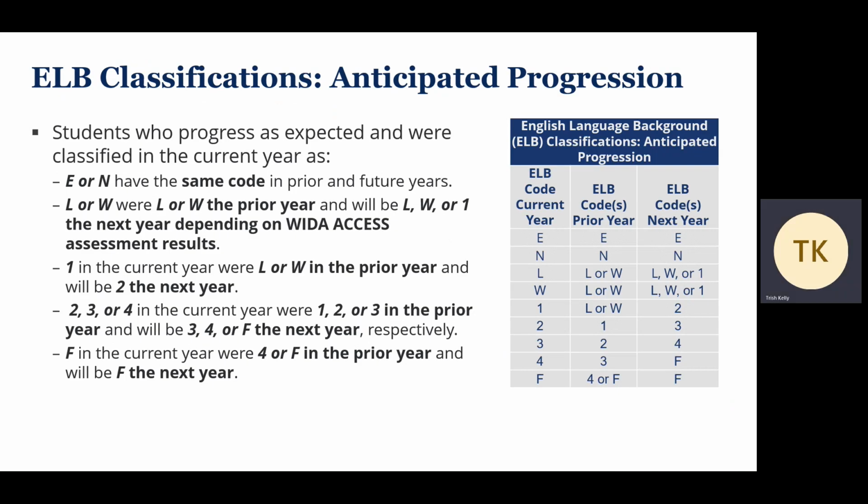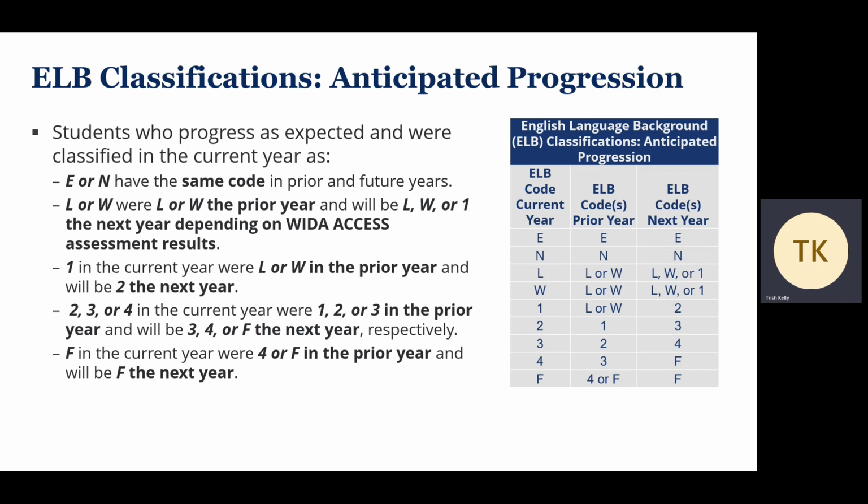English language background classifications: anticipated progression. You notice on the right, there's a table. In the leftmost column, you'll see an English language background current year value. The middle column would be the prior year, and the final column on the right is the next year. So we'll discuss some of the anticipated progression through the program, keeping in mind that we're focusing on students who progress